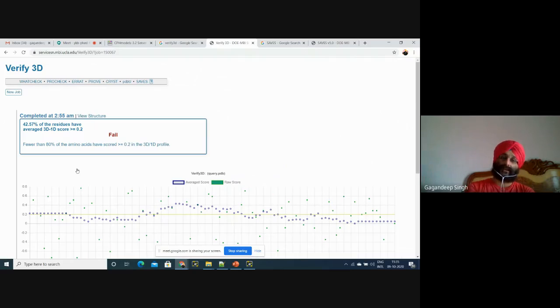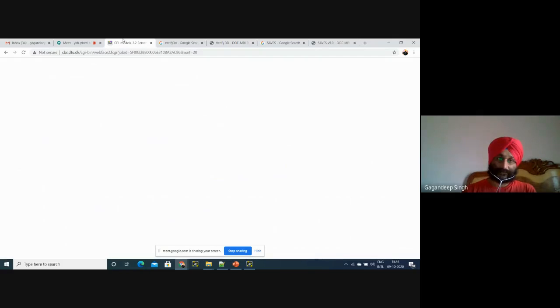See, this structure is fail. 42.57% of the residues have an average 3D-to-1D score greater than 0.2, but you don't need this type of stat. The main thing you need is only that this structure is fail. But now, we'll model some other structure.